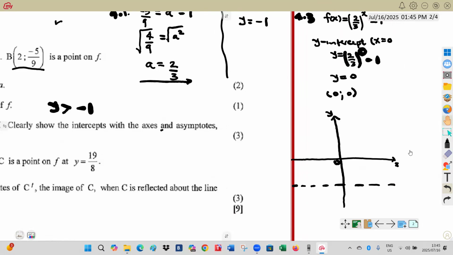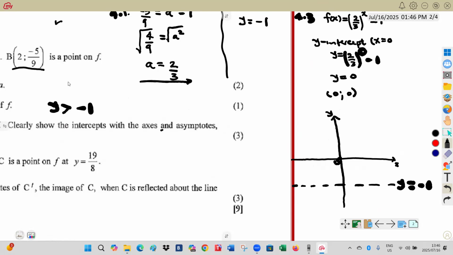Our asymptote, here y equal to -1. That's our asymptote. Then we have to sketch our graph is going to pass through here, the origin, and